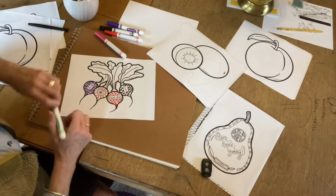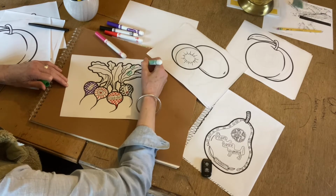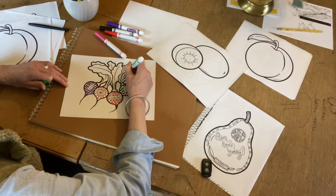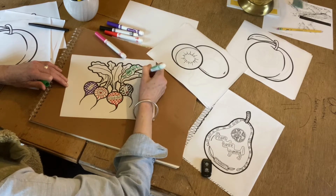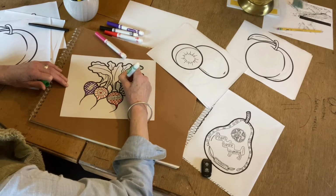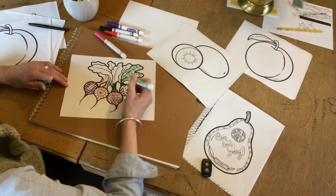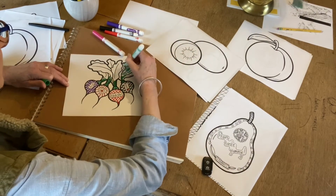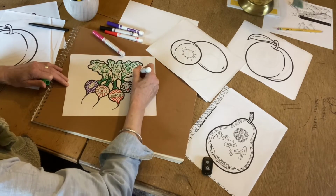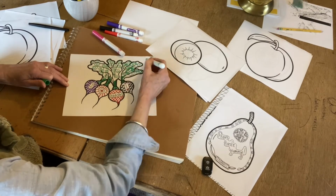That's a lot of space for a little kid, so we're going to just think about using circles. We can make curlicues, and then we can fill that in with circles if we want. Really good for building these small muscles. I know my grandson gets riding fatigue. Why not make building these muscles fun? Okay. Now I'm just going to go back and fill in these spaces with other little circles. Really get some color into